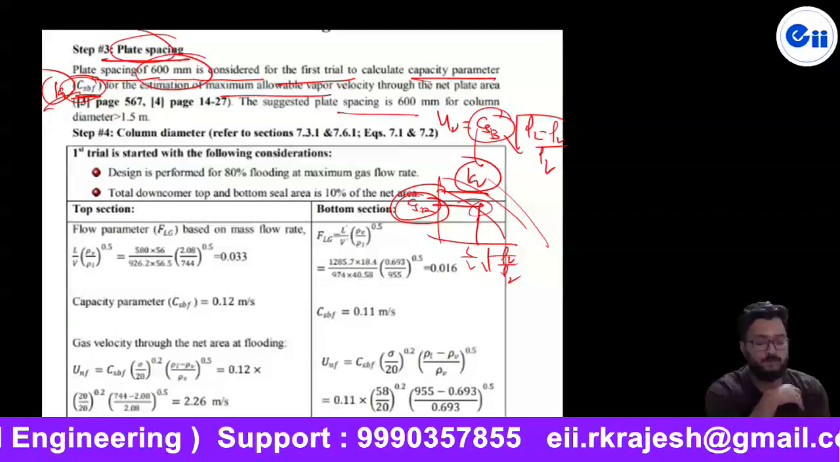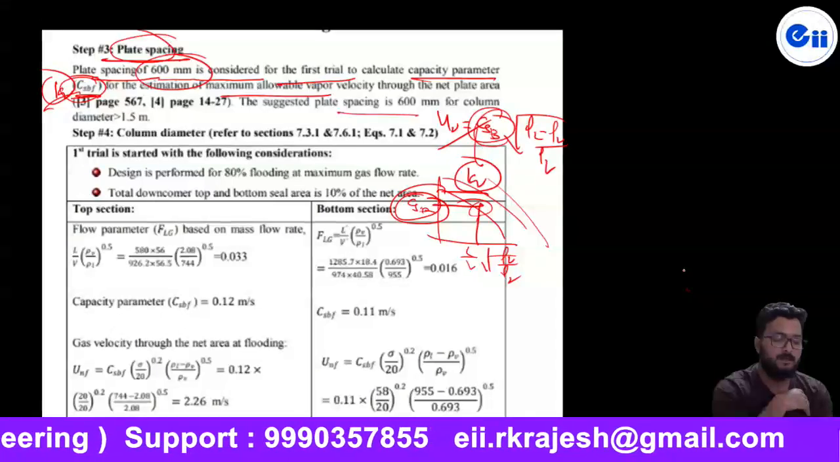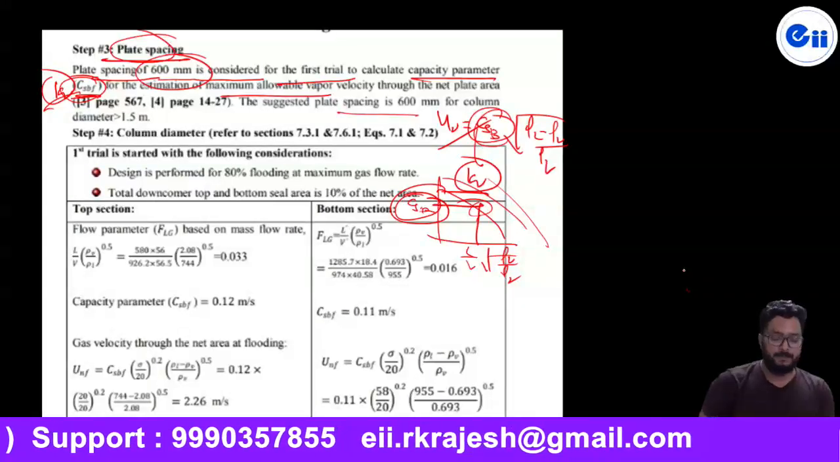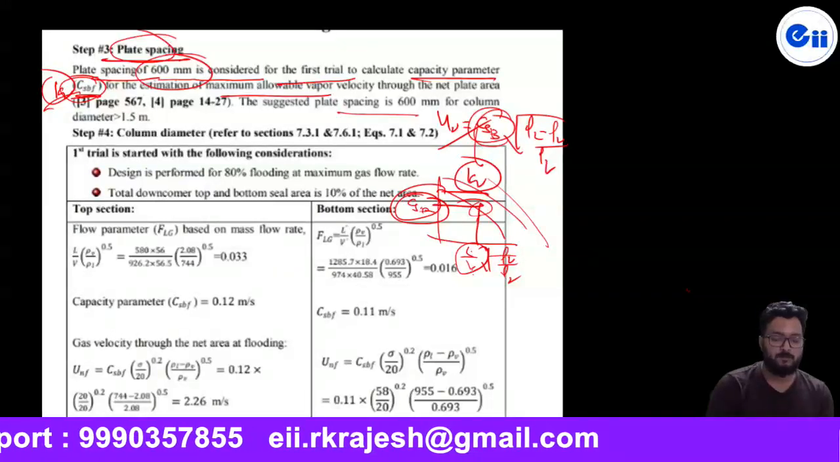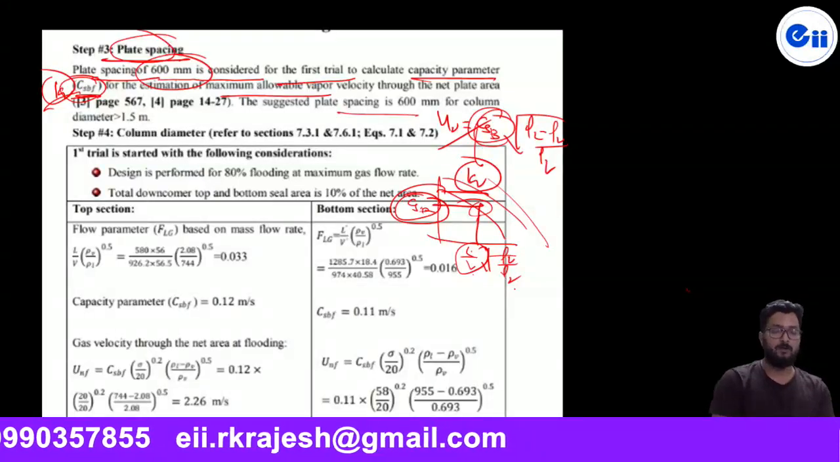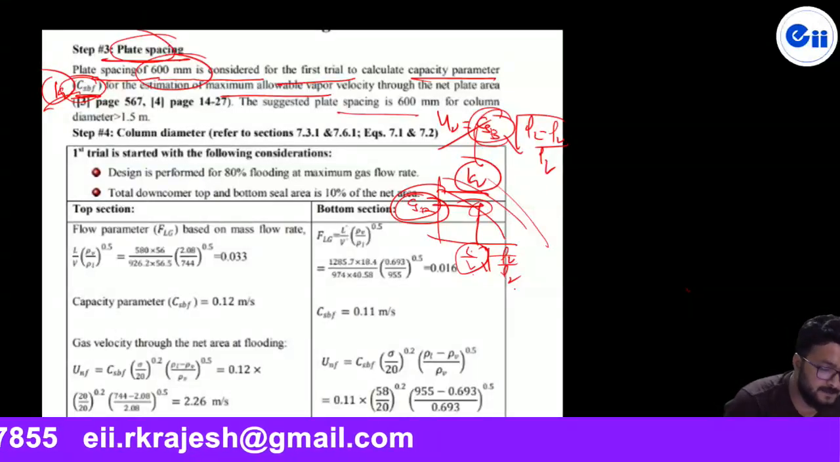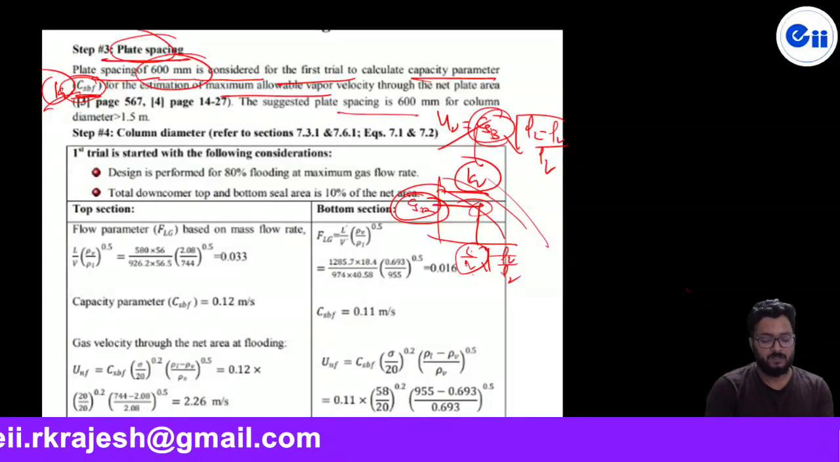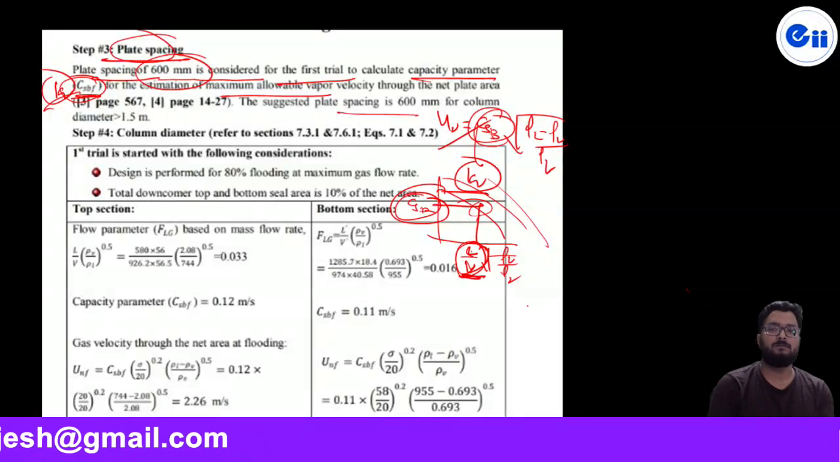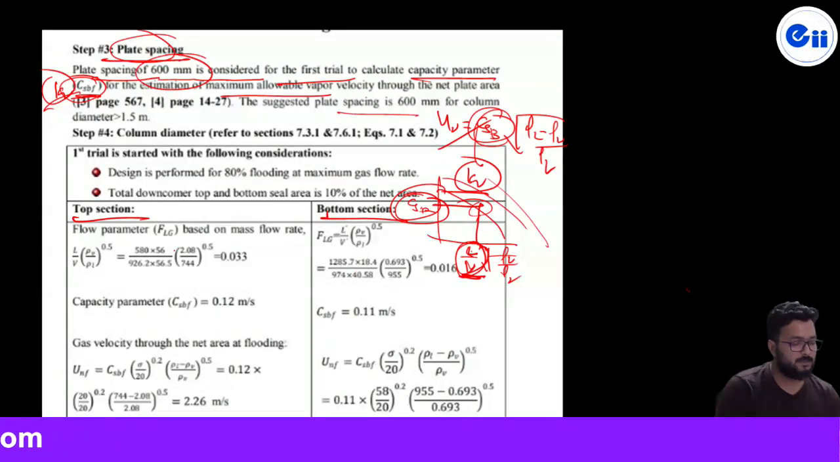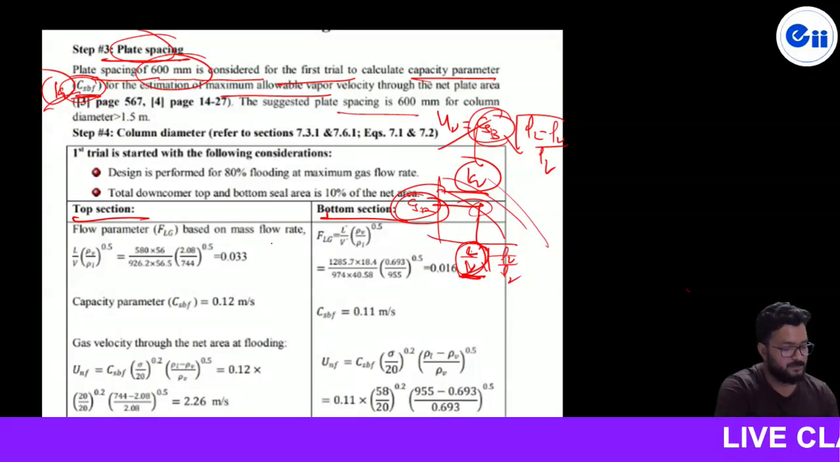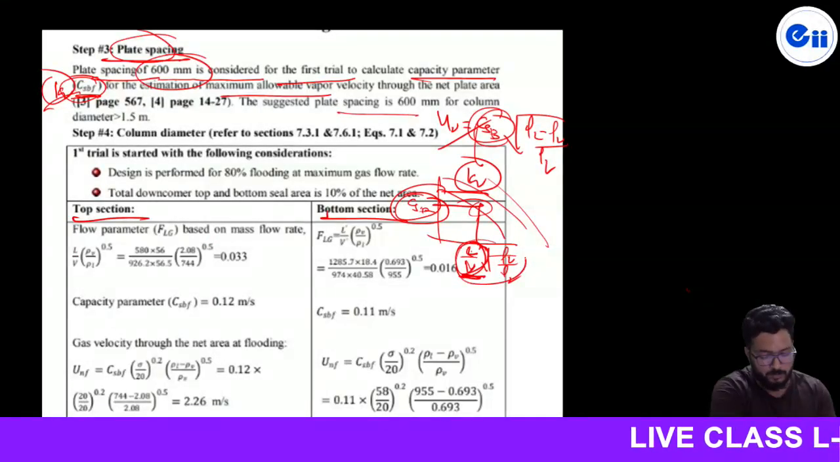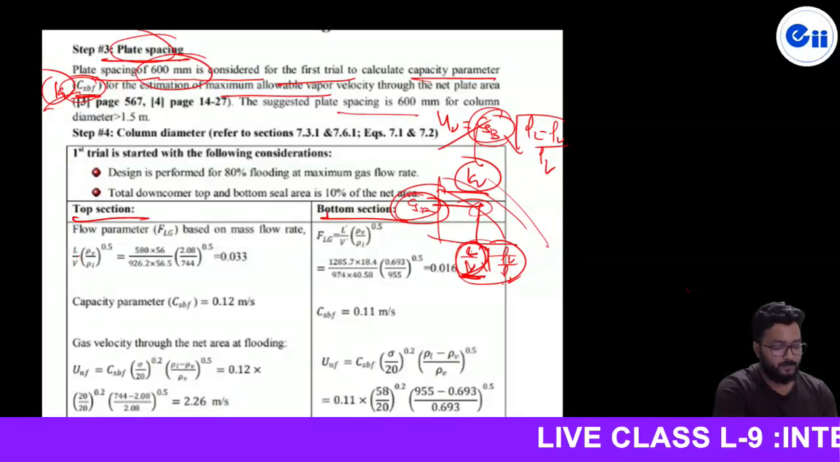और इससे निकलेगा फ्लडिंग वेलोसिटी, मैक्सिमम वेलोसिटी। और ये एल अपॉन वी, लिक्विड एंड वेपर फ्लूइड्स जो है रेक्टिफाइंग में अलग हुआ और स्ट्रिपिंग में अलग हुआ। सिंस द फ्लूइड्स इन द रेक्टिफाइंग एंड स्ट्रिपिंग सेक्शन विल बी डिफरेंट एंड दैट्स व्हाई यू हैव टू गो फॉर द टू सेक्शन, वन इज टॉप सेक्शन, अदर इज बॉटम सेक्शन। इन टॉप सेक्शन ऑब्वियसली हियर द फ्लो पैरामीटर इज FLV बेस्ड ऑन द मास फ्लो रेट, एल अपॉन वी, ये जो फ्लो पैरामीटर हम बोलते हैं FLV, एल अपॉन वी अंडर रूट रो वी अपॉन रो एल